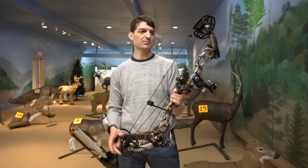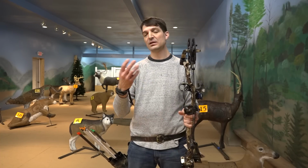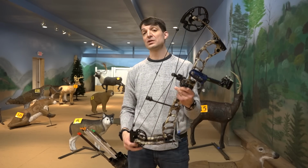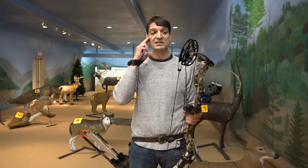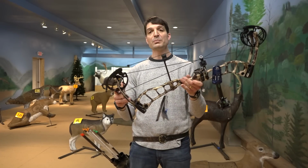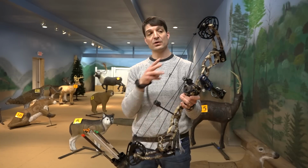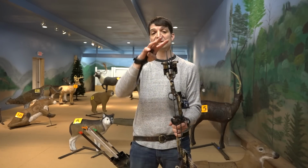So let's go over some of the specs here. When I've talked to some of the guys at Prime, and there's been some feedback from the public, one of the things we're seeing very noticeably different this year is there's a split limb, whereas in the past they've had a solid limb. What they've explained to me is the real reason for that is that they built a shorter axle-to-axle bow here. So in order to get the 31-inch axle-to-axle they now have, they had to make some modifications to the cam